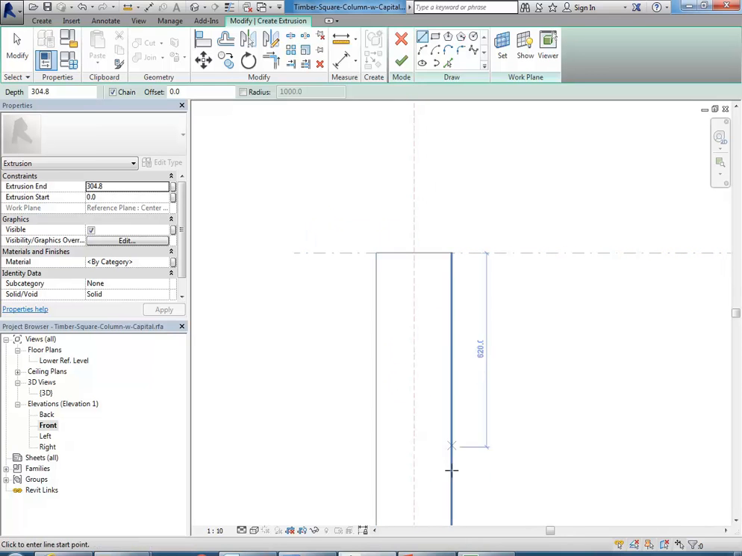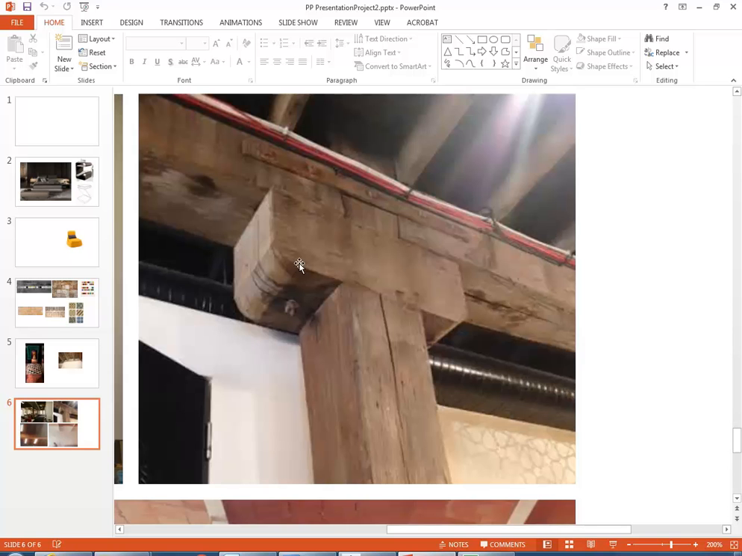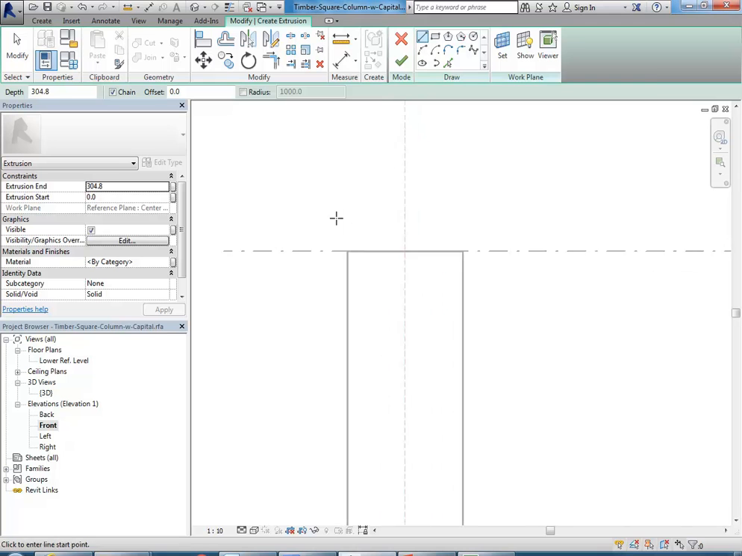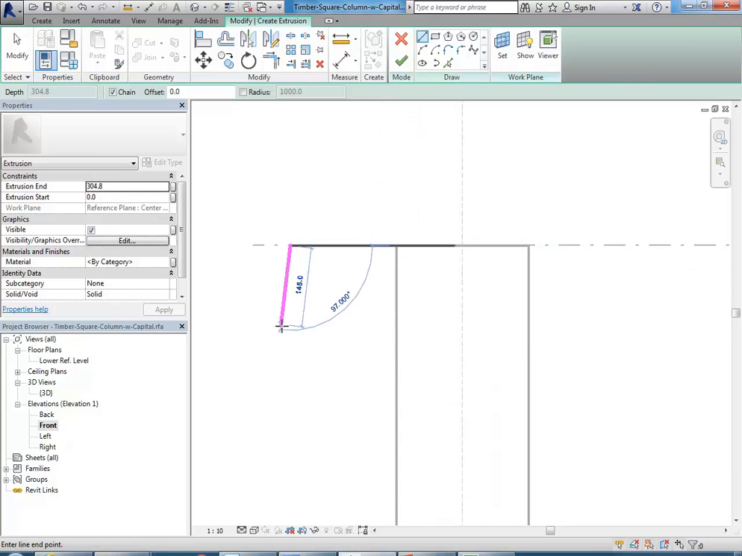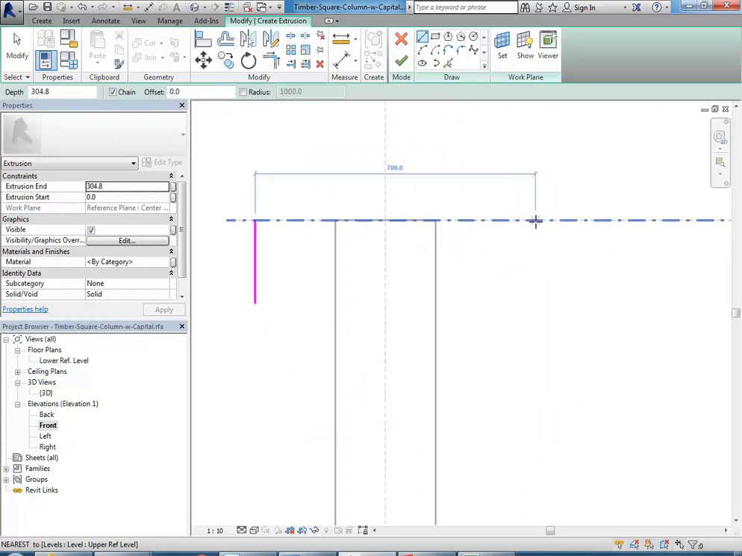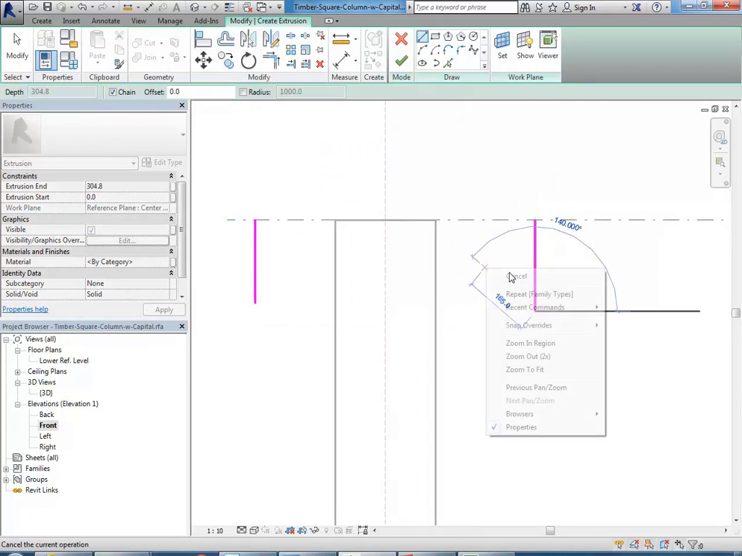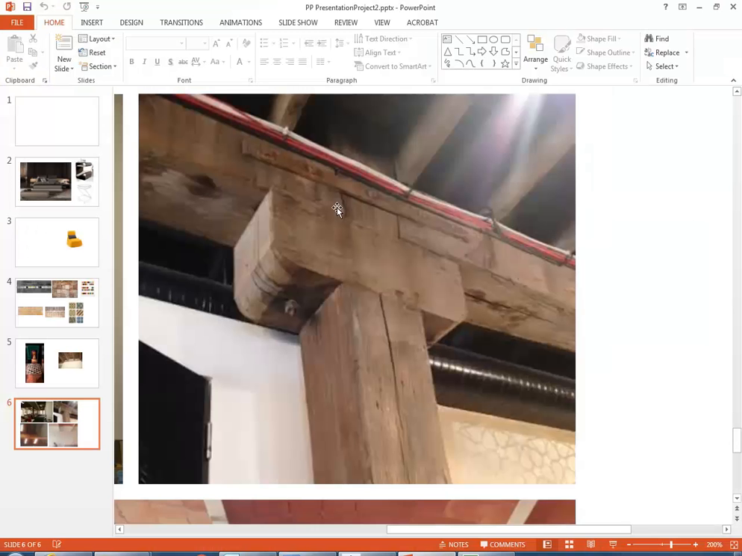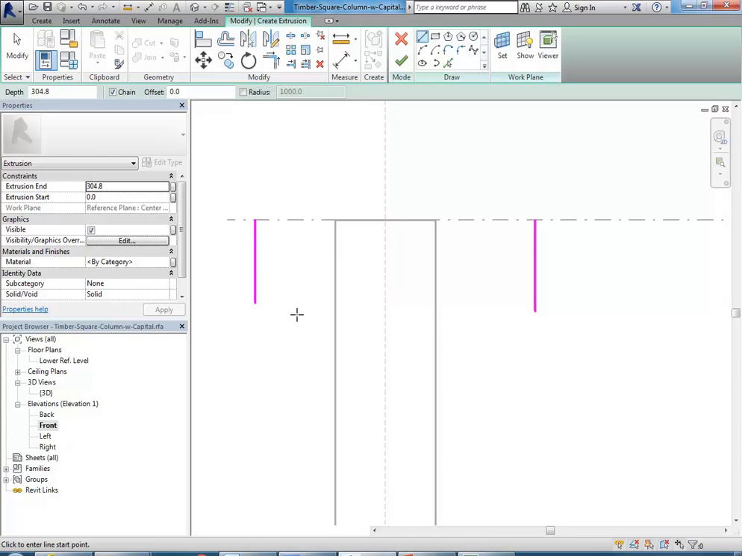Okay, so if that's 250, it looks like it's about the same distance out on either side, so I'm going to draw a line out somewhere there, and another one over here. And it looks to me like it's the same distance down as well, about 250, if that's 250 wide. So I'm going to come across here,